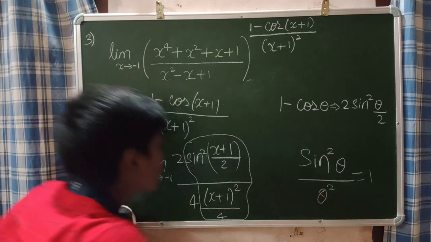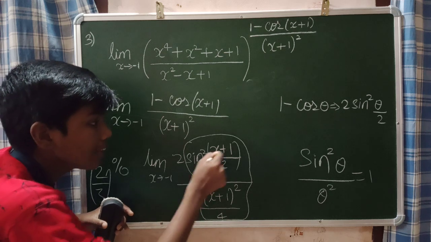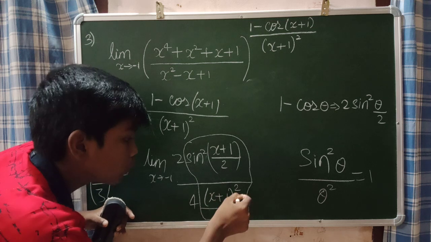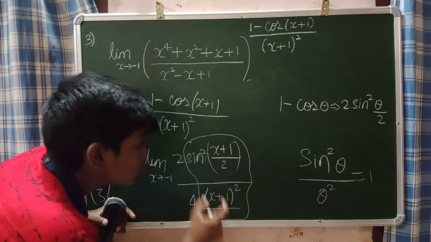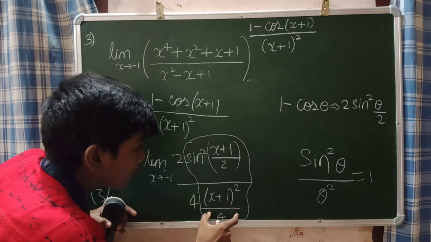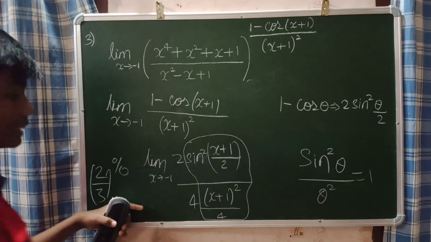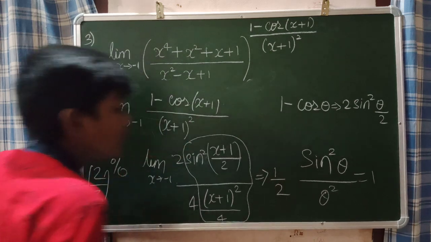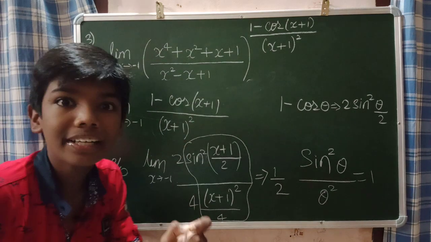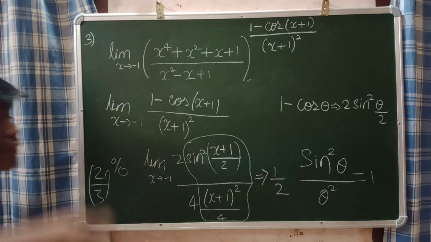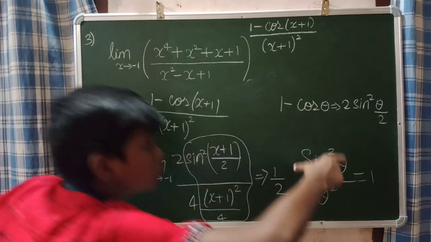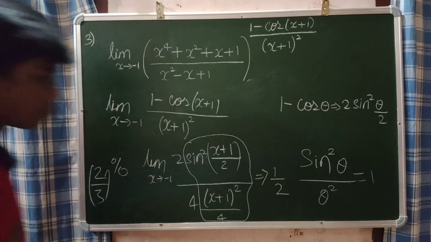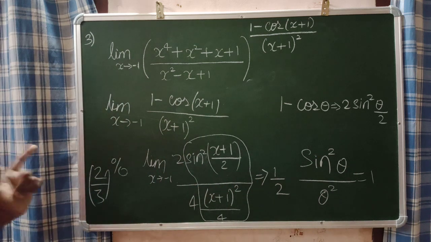Your basic calculation only. So here also, sine square of (x plus 1)/2 divided by theta square, because (x plus 1) whole square divided by 2 square will be 4 only. So sine square theta divided by theta square will be 1, and the remaining value left out is 2 by 4, which is 1 by 2. Now we solved our power separately, and we got the value of 1 by 2. Using that, 2 by 4 will be 1 by 2. Now we know the value of power is 1 by 2.